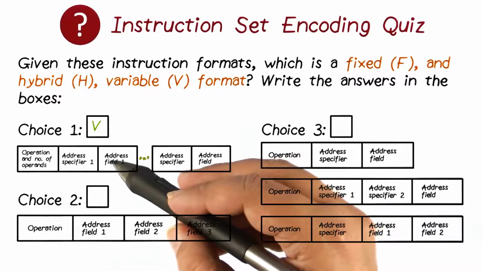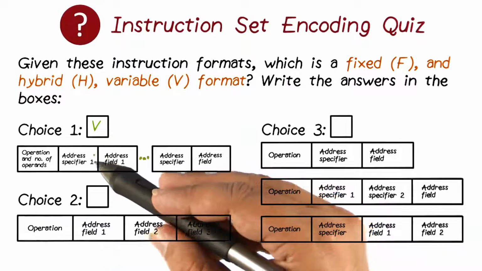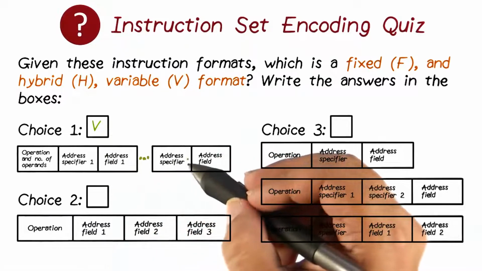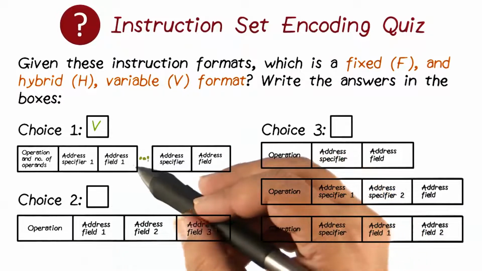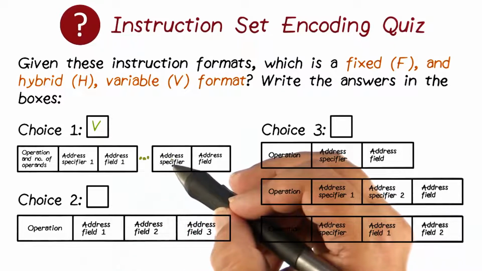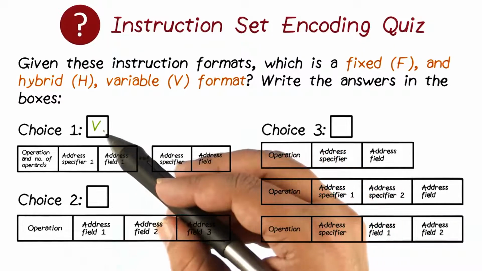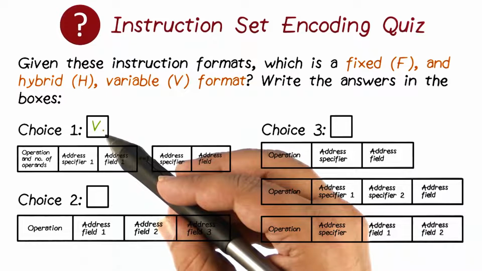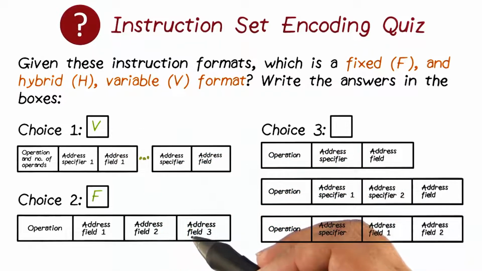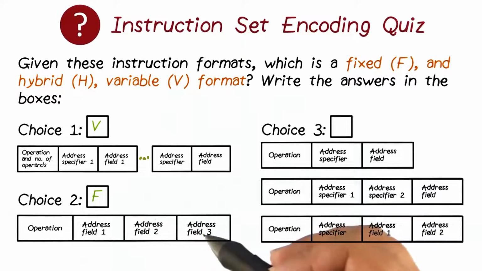As I mentioned earlier, this particular instruction could have 2 fields or could have 4 fields depending on the need. And so the length of this particular instruction could vary, and that's why it is a variable encoding instruction. What about the second instruction? The second instruction, on the other hand, has a fixed number of fields. It always has these 4 fields over here, and it is easy to see that this is a fixed encoding